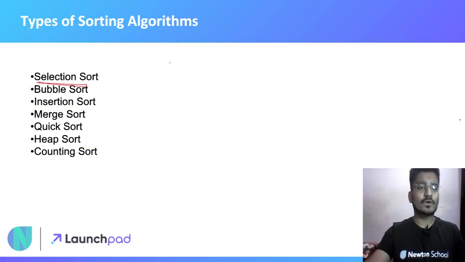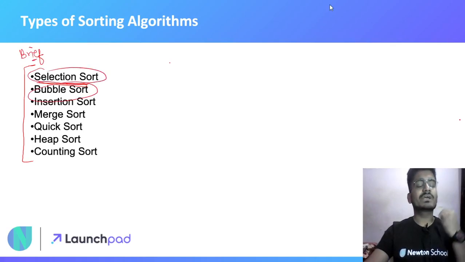Okay, fine. So now let's see one by one what these algorithms are. First is selection sort. I am telling all the algorithms in brief only, 1 or 2 lines, and then we will also see all these algorithms in a separate video with their examples and implementation, and their time complexity analysis for worst case, average case, and best case, everything about these individual algorithms. I'm giving you just an intuition about these algorithms.